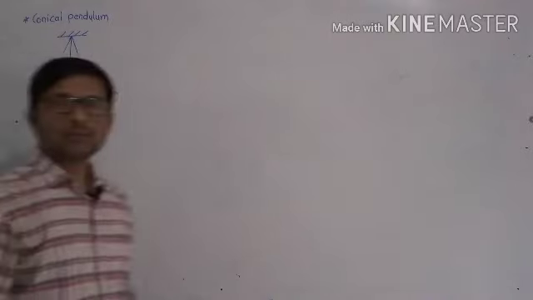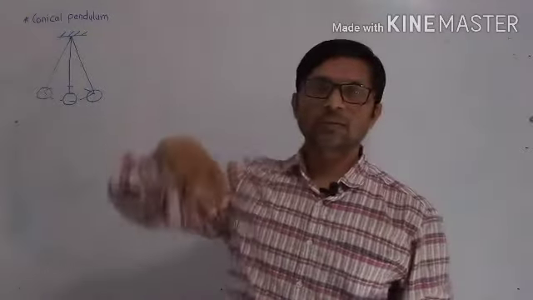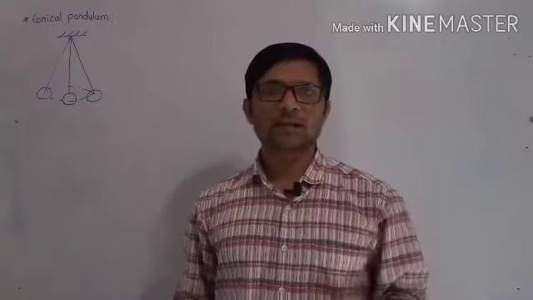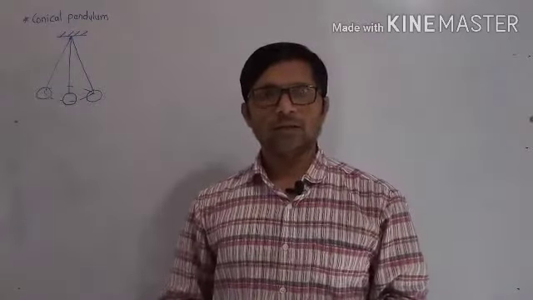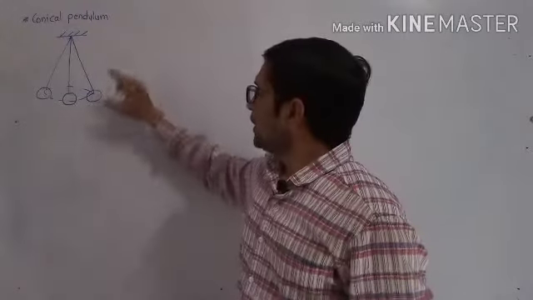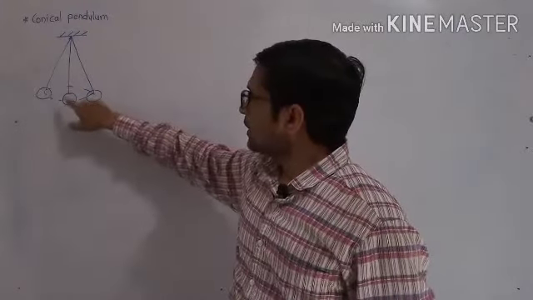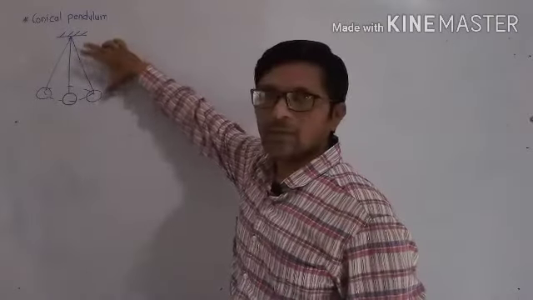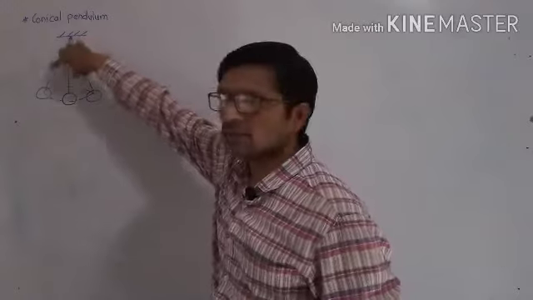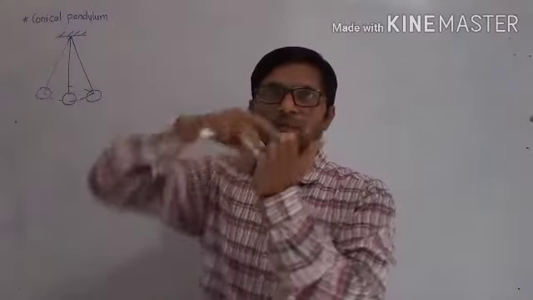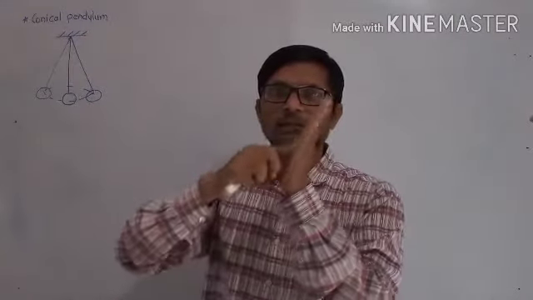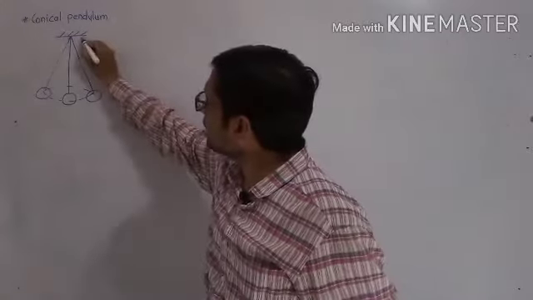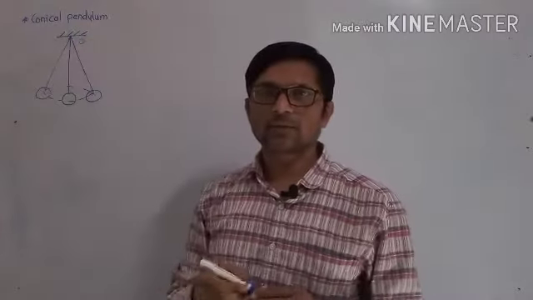So it describes a circle. That spherical bob describes a horizontal circle, or a circle in a horizontal plane. Means this spherical bob performs a uniform circular motion. Now see this, because of the circular motion of the spherical bob, this simple pendulum describes a cone. What is a cone? A cone has a circle as its base, and this fixed point O we consider the vertex of the cone.